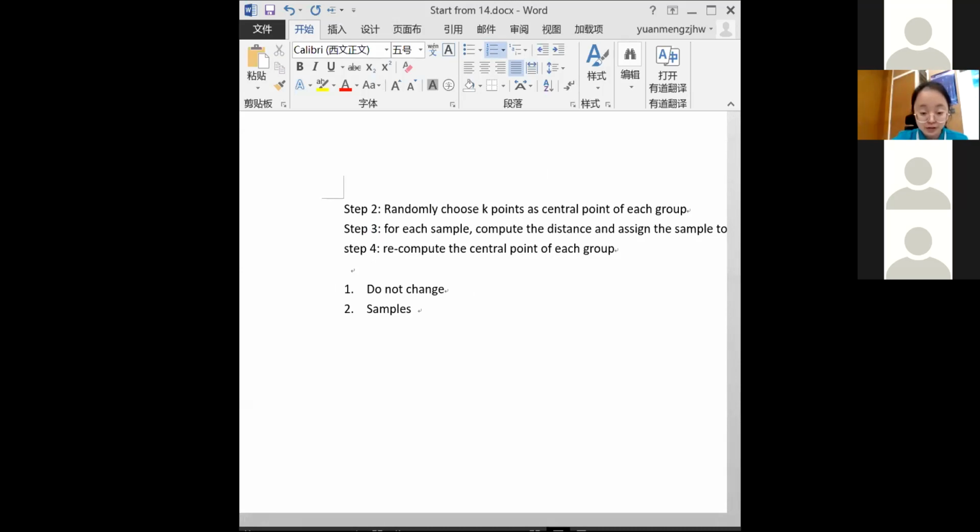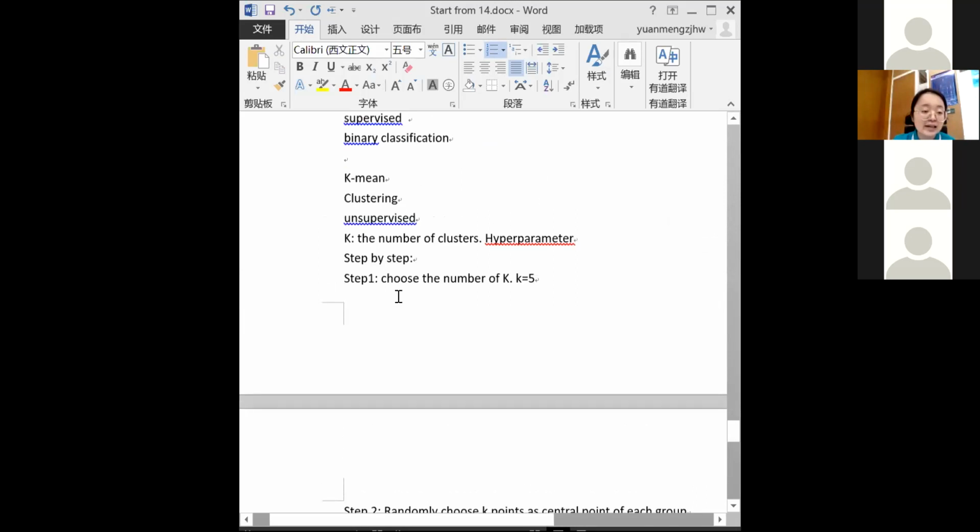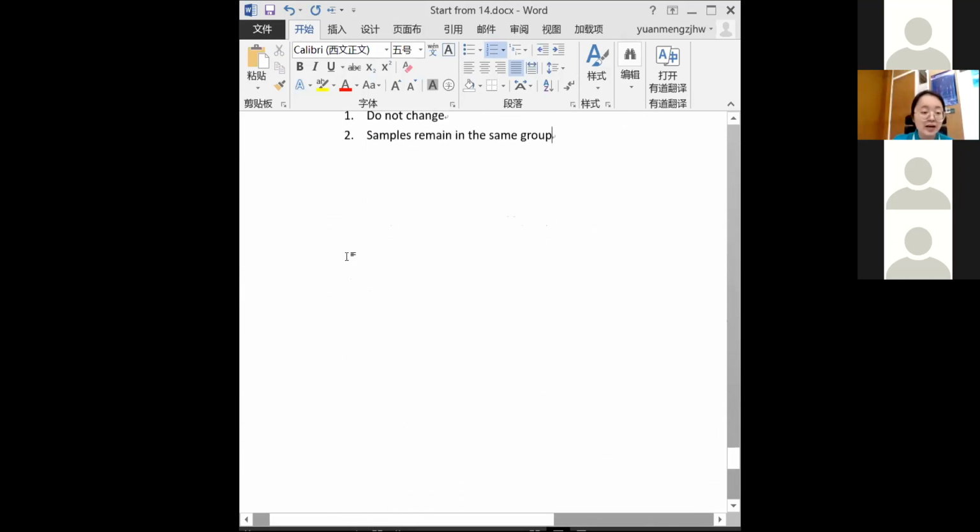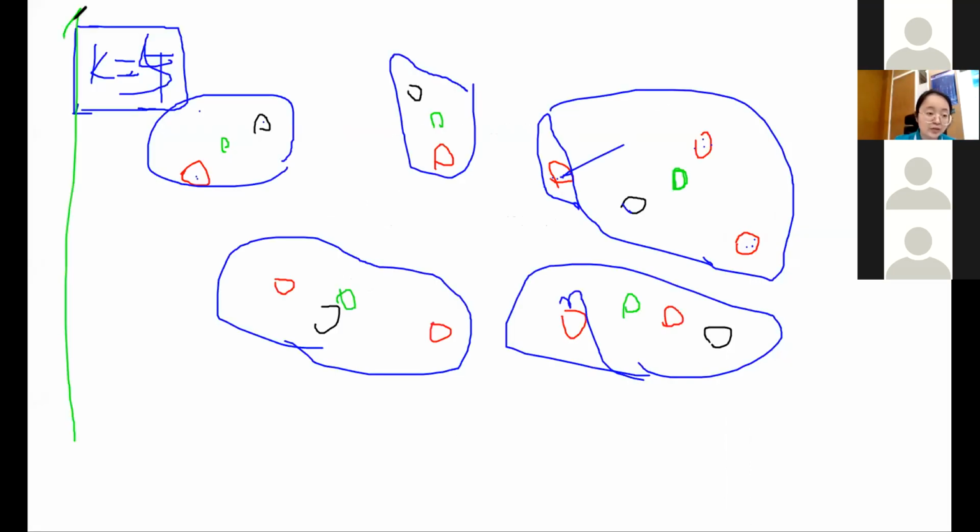All the samples remain in the same group. So at that time we can stop training, we can stop updating. So that is the clustering. So next time when we input some new value,